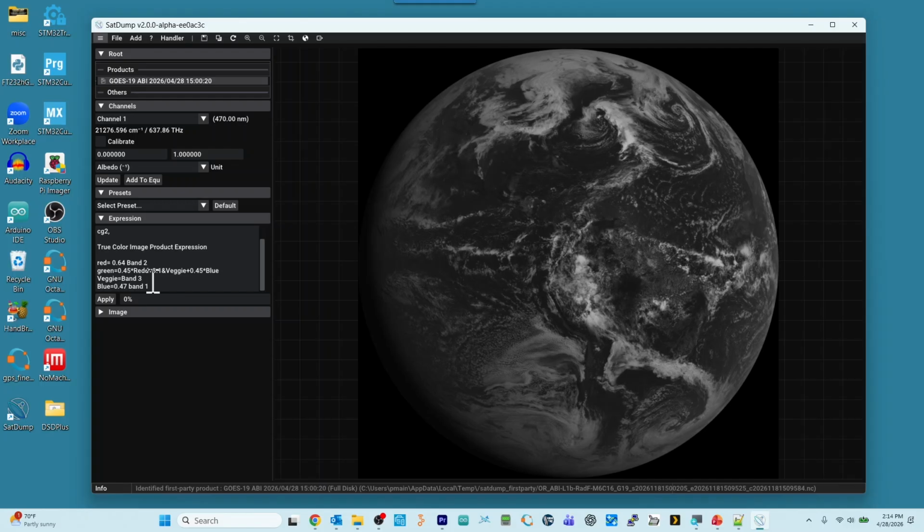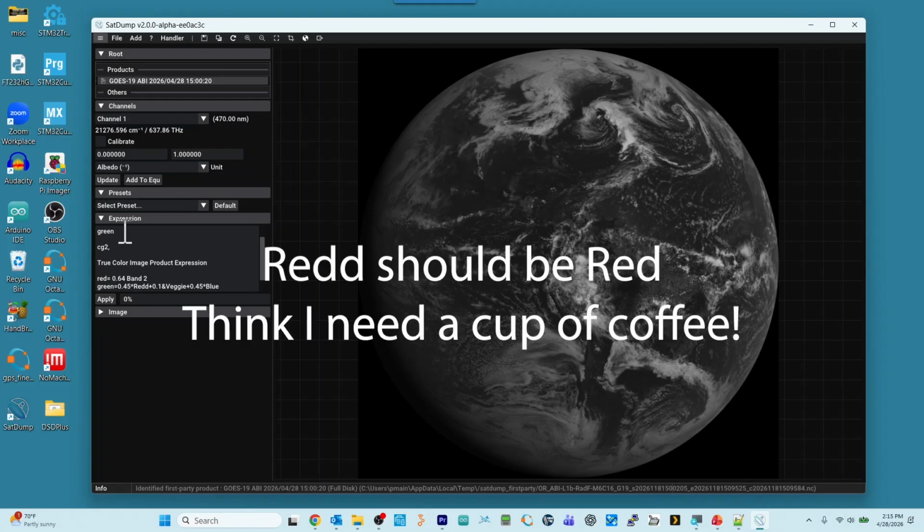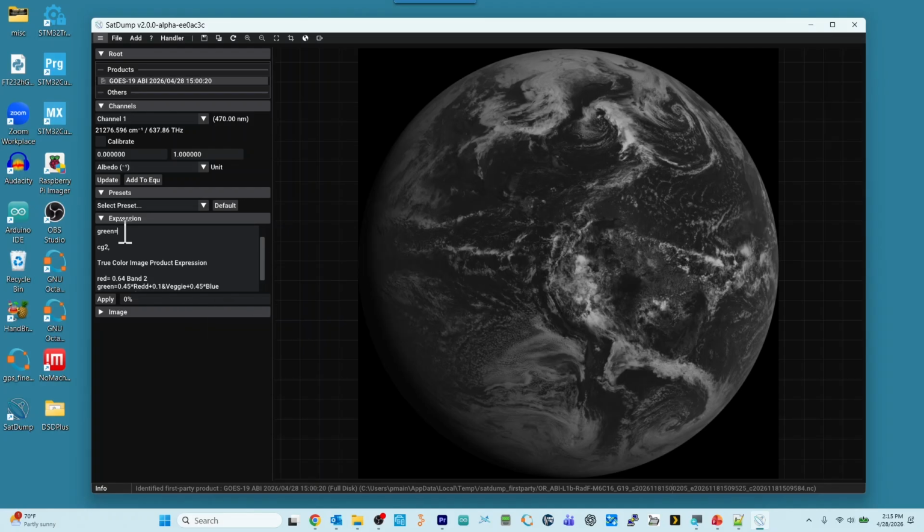So we're going to start here with red, and then the green is, and actually let's make some space here, and let's say green is equal to, what we're doing is we're building a macro here, and we're going to say 0.45